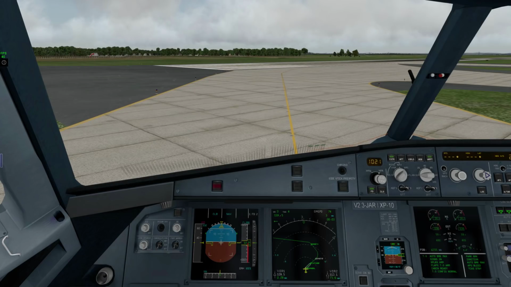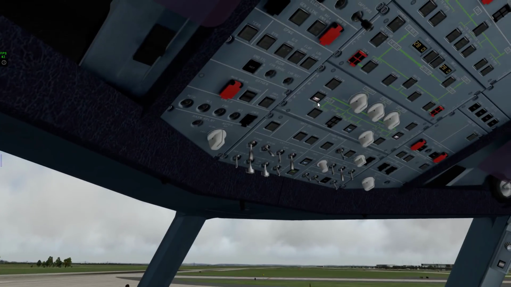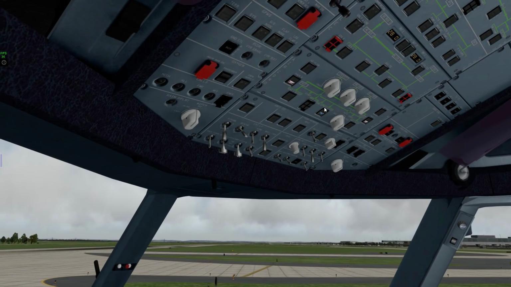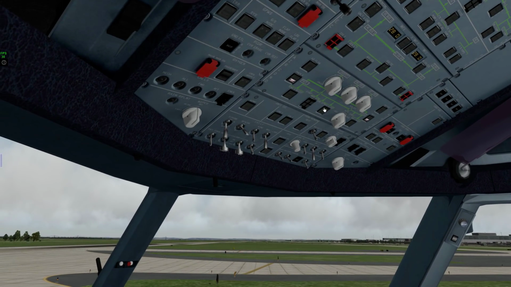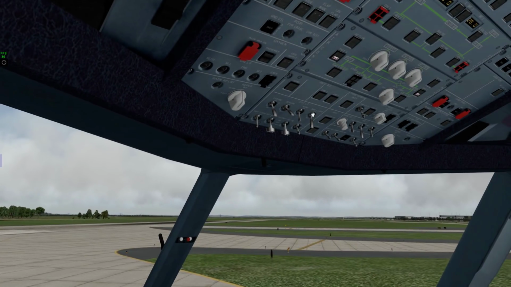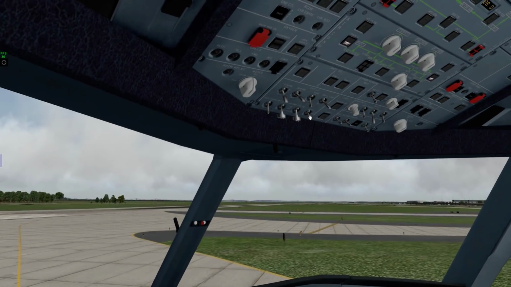Okay, so we are close to runway 08 left. That's where we're going to be departing today. Let's go ahead and turn off the APU and APU bleed. And we're going to turn the strobe lights on, nav lights on, and